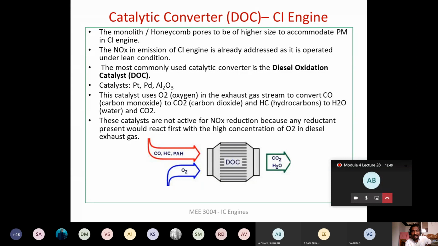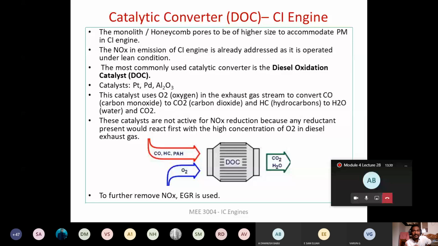Initially they were not giving importance to NOx, and slowly in the later stages they found that, as the emission norms became stringent and the evolution of engines moved towards zero emission, they wanted to reduce the NOx emission even from the diesel engine. So now, how to remove NOx from the engine exhaust? You have gone for the diesel oxidation catalyst, which removes unburned hydrocarbon and carbon monoxide. Now we want to remove the NOx also.